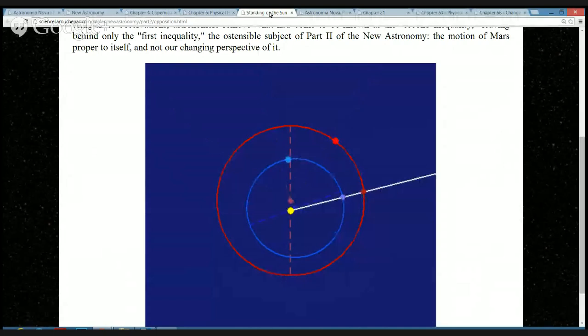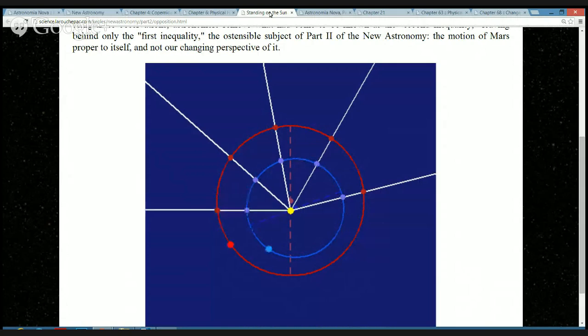They're also called acronical. That means rising at night. In other words, right when the sun is setting, Mars is rising. You know, Mars might rise at midnight. You might never see Mars many nights of the year because it's too close to the sun. You can't see it during the daytime. So when Mars rises right when the sun is setting, that's this sort of lineup, acronical. Those are words you might see for it. And it's the real opposition, not a mean sun opposition. I'm not even going to talk about the mean sun anymore.